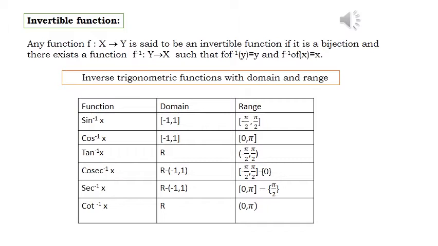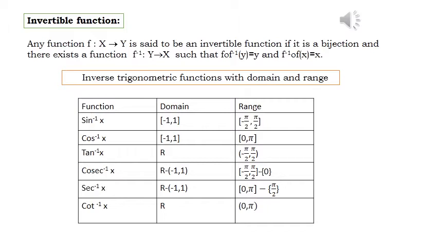Cos inverse x: the domain is minus 1 to 1 and the range is 0 to pi. Tan inverse x: the domain is the set of all real numbers and the range is the open interval minus pi by 2 to plus pi by 2. Cosecant inverse x: the domain is the set of all real numbers except the open interval minus 1 to 1, and the range is the interval from minus pi by 2 to plus pi by 2,